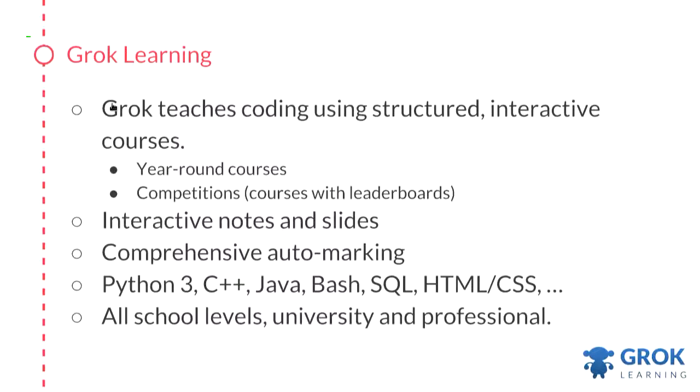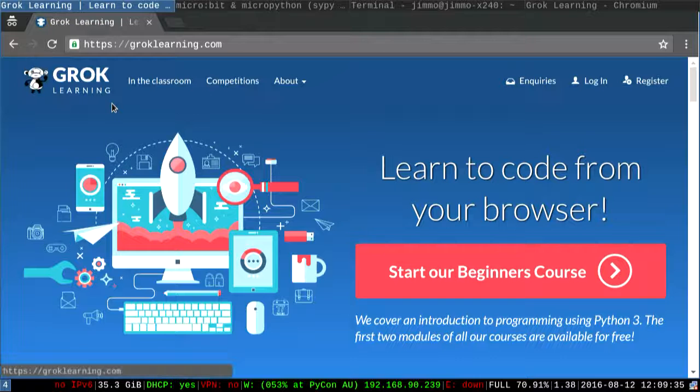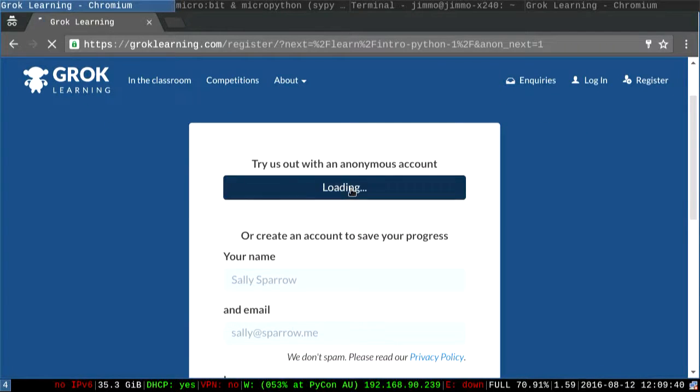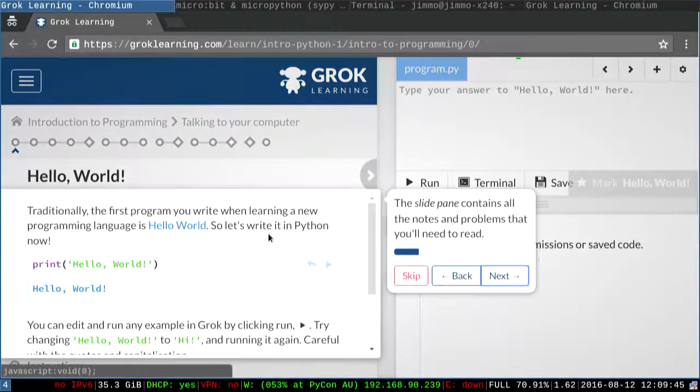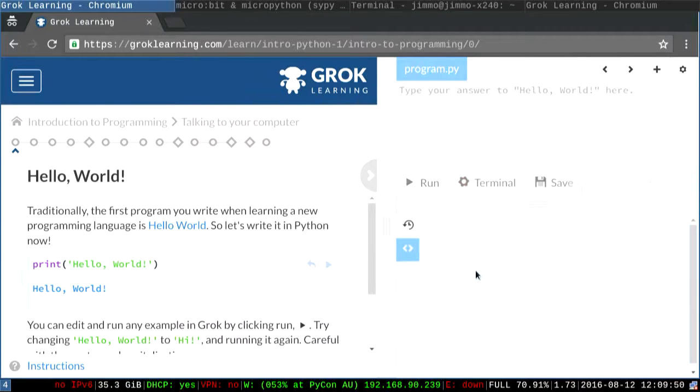So Grok provides interactive notes and automatically assessing submissions for Python. I'll give a quick background on Grok. Learn to code from your browser. This is a beginner's course. Skip registration. Notes on the left-hand side, and then an interactive Python editor with a marker and an interactive Python shell